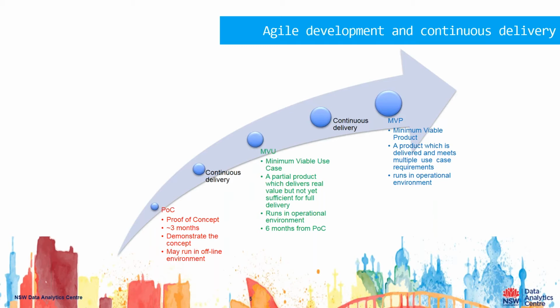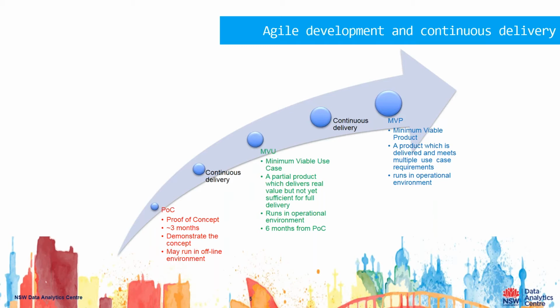Now, in our case, we're trying to solve problems that have never been solved before. There is no answer to domestic and family violence, because if there was, we wouldn't have it. There is no answer to pedestrian safety, because if there was, we wouldn't have road deaths. So we are constantly discovering through the lens of data, building those predictors and classifiers and what-if scenario tools.